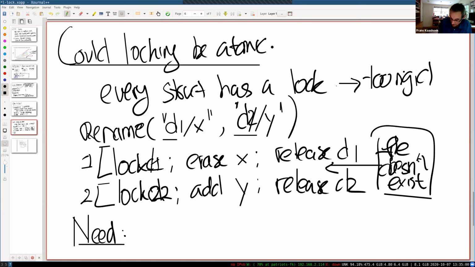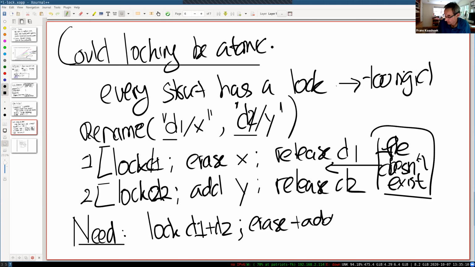And so the really right solution to this is what we need is that we actually lock D1 and D2 first at the beginning of rename, then erase and add, and then release the locks for D1 and D2. Does